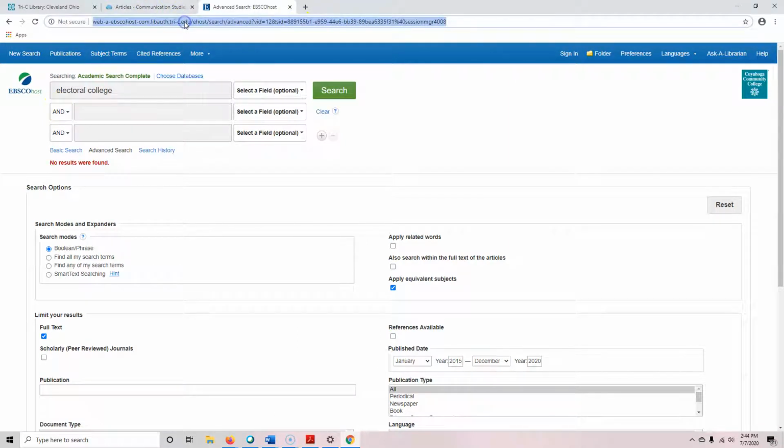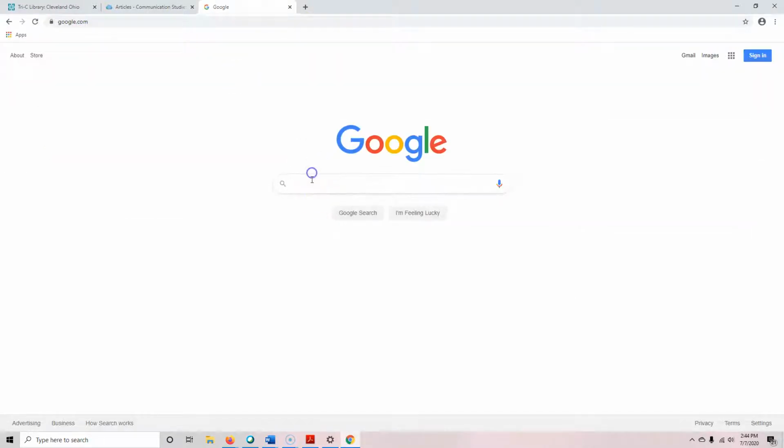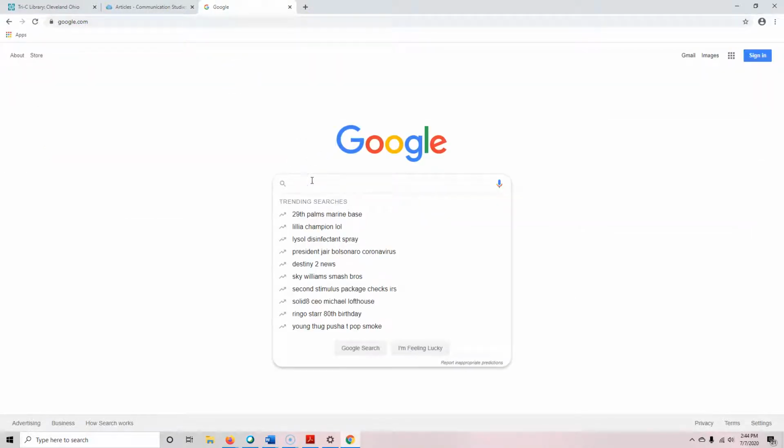And the last thing I'll show you, if we just go back to Google, you want to make sure when you're doing research in Google, especially for persuasive speeches, that you're using good quality material, because there are going to be just a lot of people out there that really like to put up their opinion without necessarily backing it up. So, for example, if I were to say,